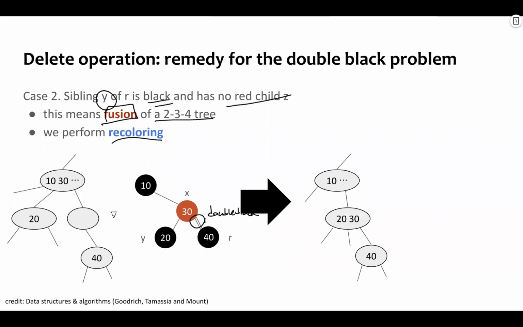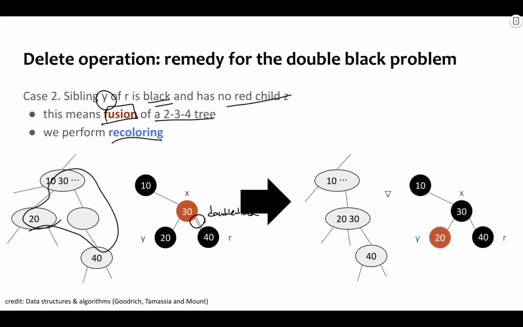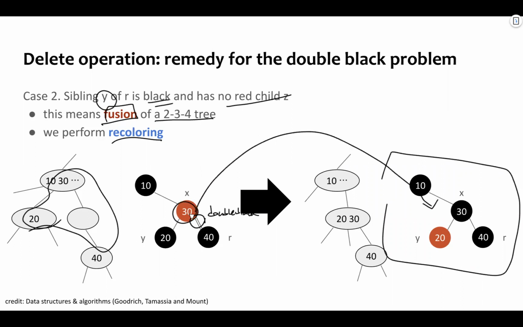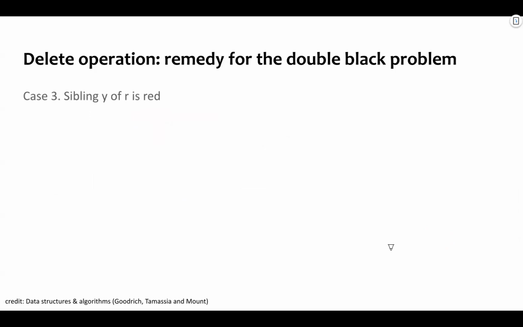So to resolve this issue, we're going to make these nodes become one node, and this corresponds to this situation. As you can see here, what we do is just turn this red node into a black node and turn this black node into a red node. That's all we need to do. Okay. So this was case 2. And the third case is when sibling Y